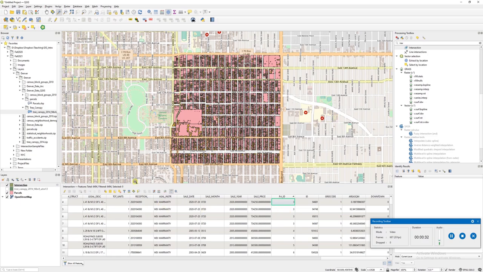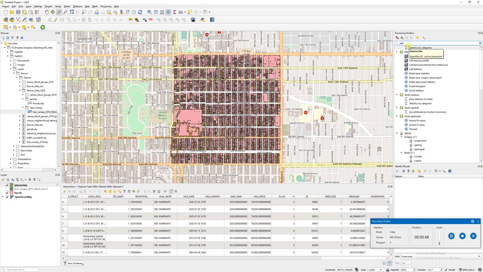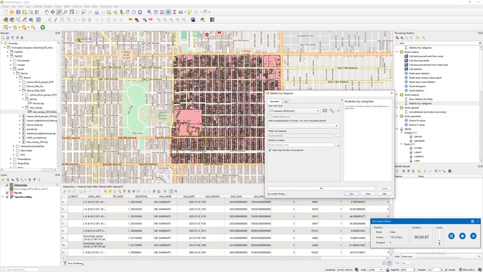And we learned that multiple pieces of canopy might have overlap with a parcel. A tool that will help you with that is statistics by category. If I remember, statistics by category. This tool, first let's make sure that we don't have any selected features from all layers, and